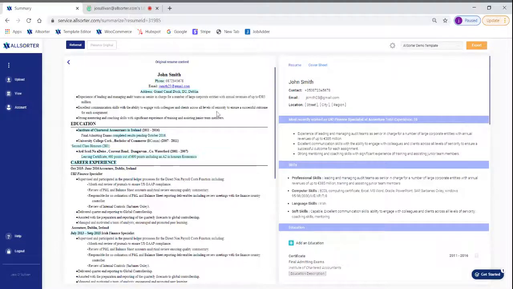So as you can see here, we have the original CV on my left, and then what Allsorter has extracted on the right. Anything that we don't pull from the resume, we highlight in blue text. There are many reasons why information might not be brought across. The candidate may have worked multiple roles in one job, where the system may have missed the format and structure of the original CV. The information around the education section here cannot extract